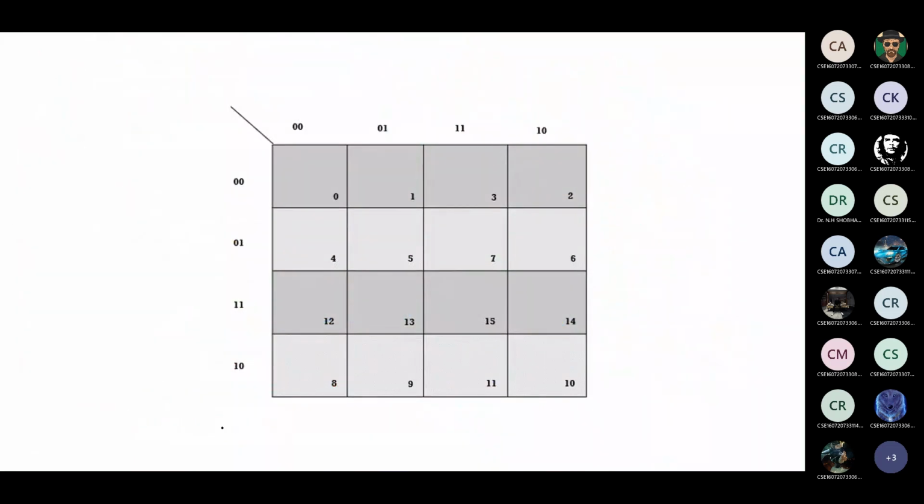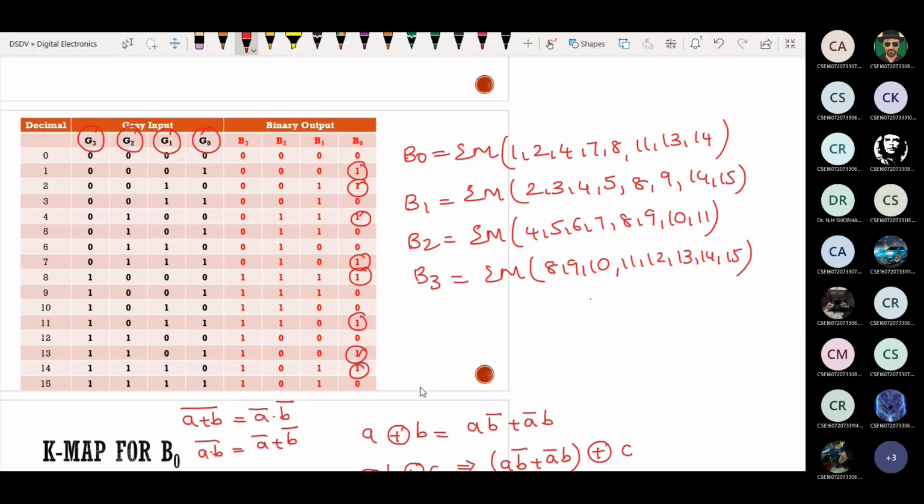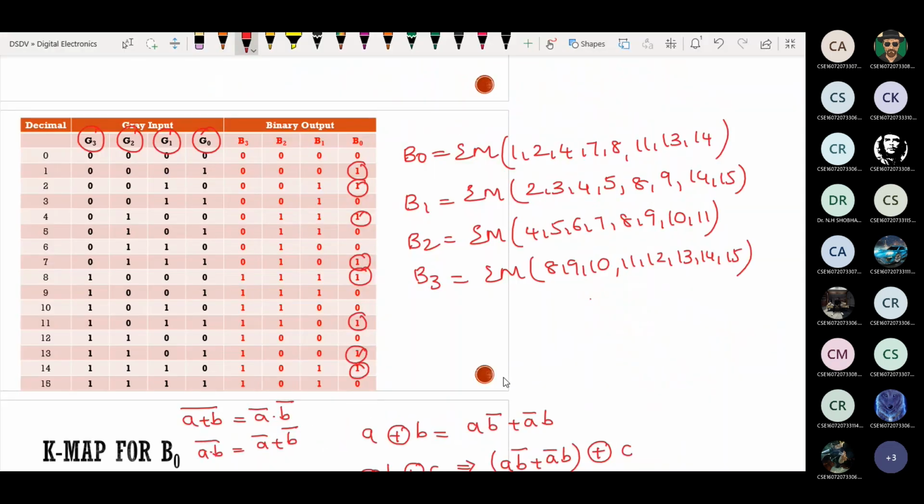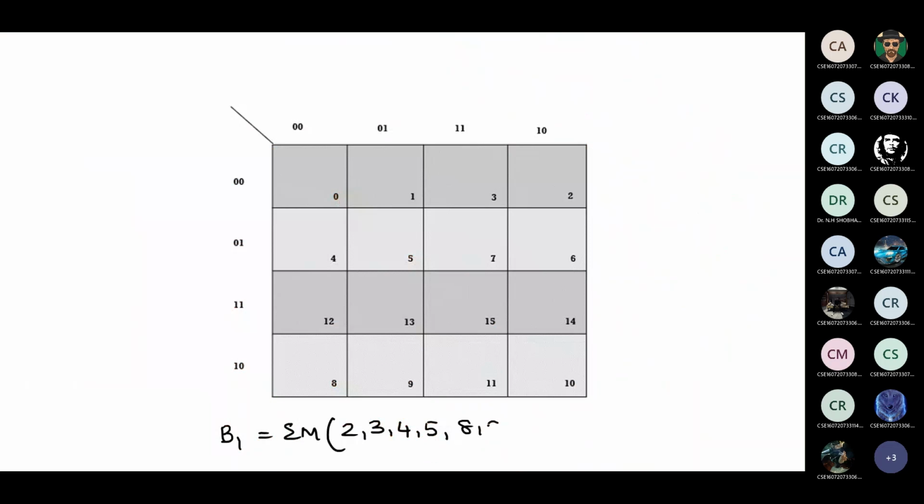Next for B1. B1 is equal to sum of minterms 2, 3, 4, 5, 8, 9, 14, 15. Do the K-map and tell me the answer.